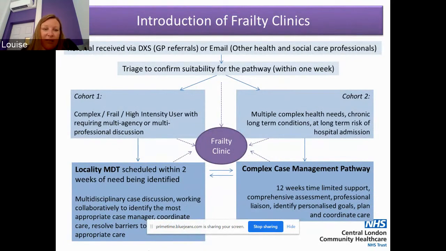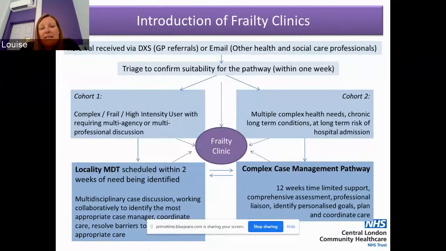So I'm going to take us through the next few slides, which outline the introduction of the Frailty Clinics. Many of you will be aware that we had an intention to launch some locality Frailty Clinics right at the beginning of this year. We were right on the cusp of launching them as the COVID situation emerged, and so the decision was made to delay them. But I'm really pleased now to be able to say that we are getting them up and running in all 4 localities over the next few weeks.